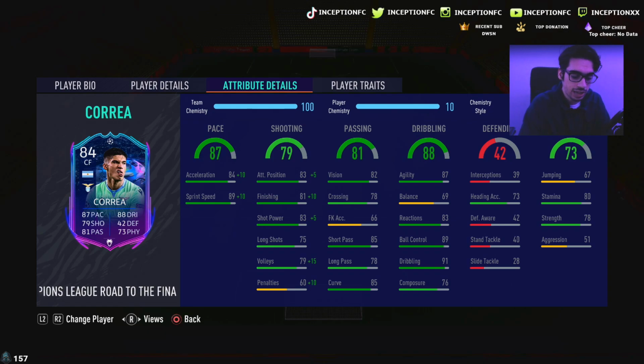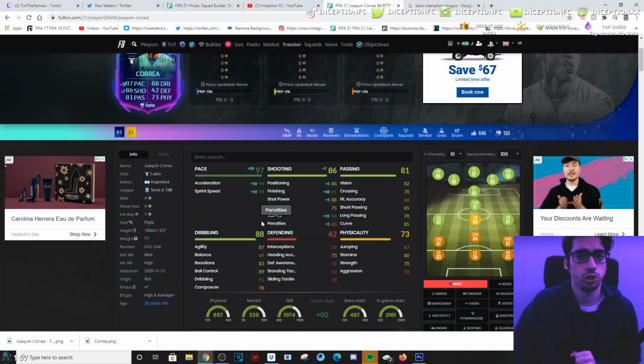Now, with Lazio's current position in the Champions League, they are in second place in the group of Dortmund, Lazio, Club Brugge, and Zenit, right? So second place, 5 points. This card could potentially get upgraded, so that's the huge point we're going to have to make when it comes to this player review, because right now there are a couple of variations you can go with in regards to